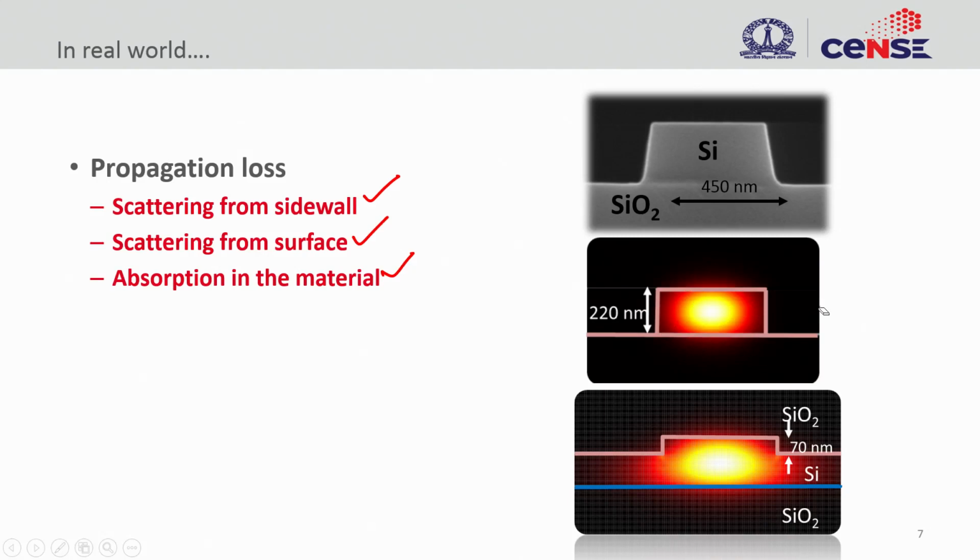For example, crystalline silicon is supposed to be pristine, but you could have some contaminants, and these contaminants could result in absorption. Similarly, if you have silicon nitride or silicon dioxide waveguides, silica waveguides, and there are some contaminants or the material itself is absorbing, for example, we saw in the last lecture about water content in silicon dioxide, this can result in absorption loss. Or you could have some metal contaminants inside silicon. So, in practice you will have these losses coming from your waveguide.